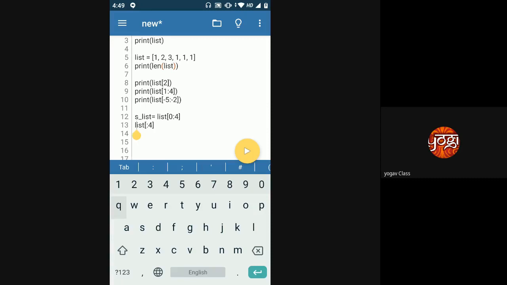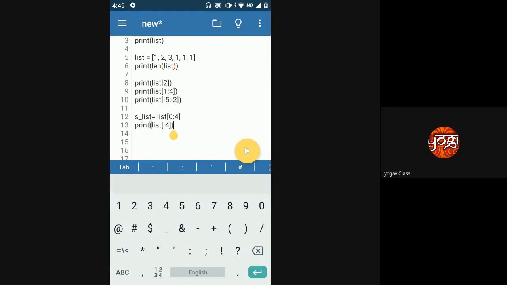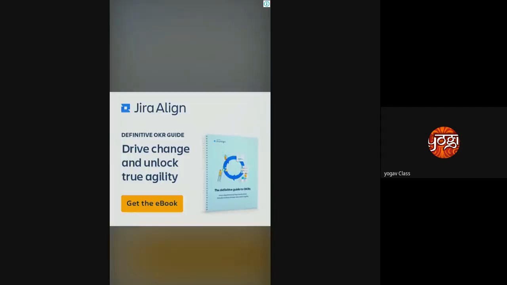So if I print this, it should give me from the first element to the fourth element, which is 1, 2, 3, and 1. Clear, everyone?